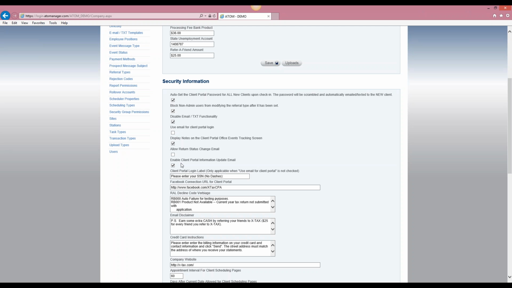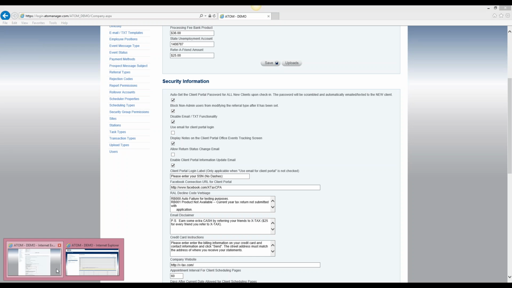Enable client portal information update email. So if you would like to be notified every time your clients update their contact information or change their password through the portal, then check this box. So how you would be notified